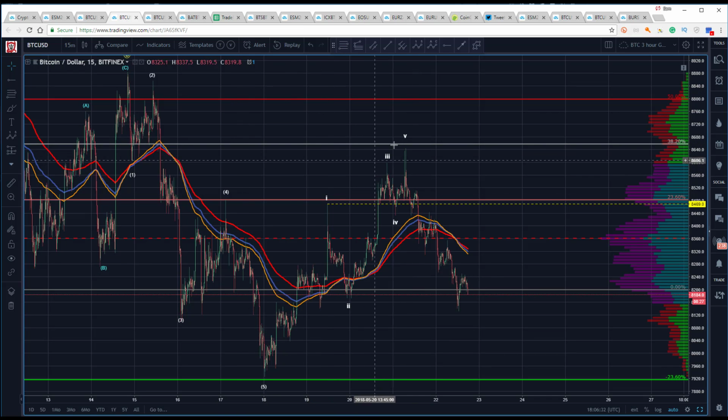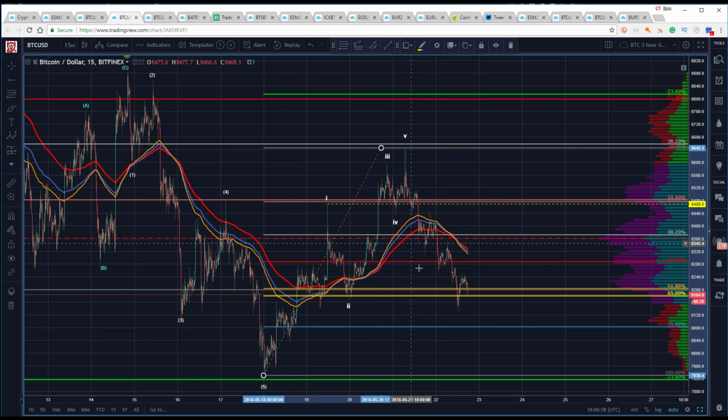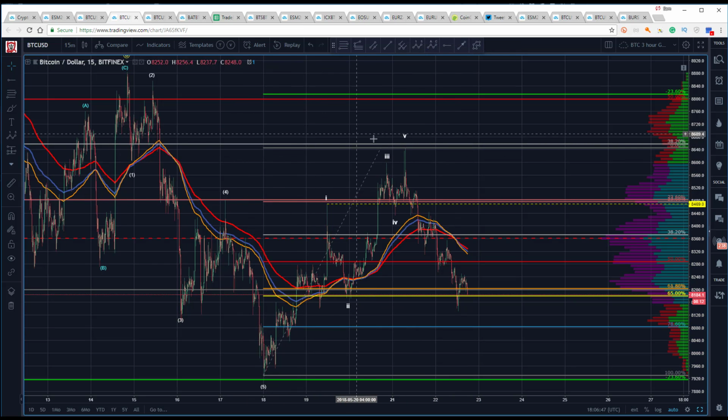Well, if that were a completed 5 wave, we'd be looking for the retracement. We know a 2 can be anywhere from the 50 to 786 for a 2. Well, now the break here, bearish, right? The deeper we go, we'd like to, let's see if I've got that right on there. So if that's going to play as a 1, well, you'd have to be looking here at some sort of